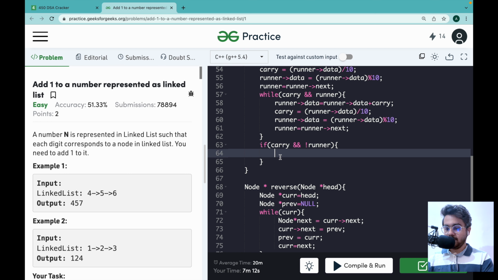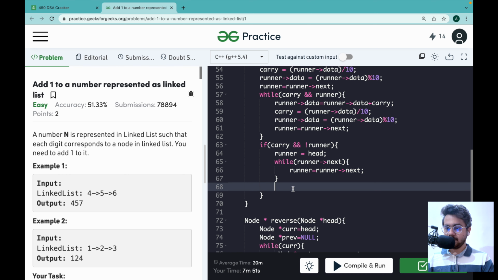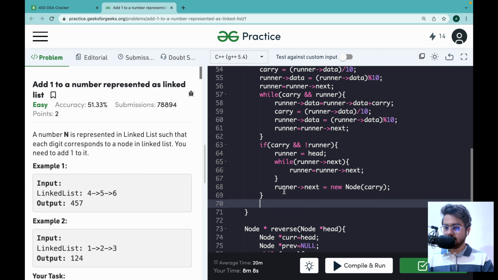In that case, by this way we have taken our runner to the end value. Next, we will add a new node of data equal to carry, and this will add the carry there. Again we will need to reverse the head and return it.